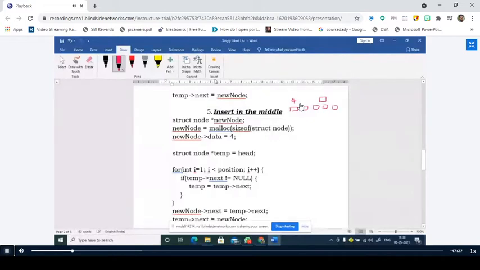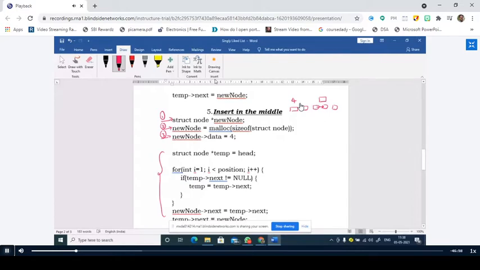Previously we have a link from this node to this node, and now the insertion involves 4 steps. One is you have to create the new node. Yesterday we discussed this one. Then you have to allocate the space for it, insert the data in the data part, and then make the necessary modifications so that the required linked list will be formed, right?